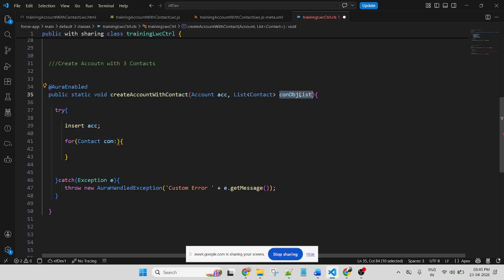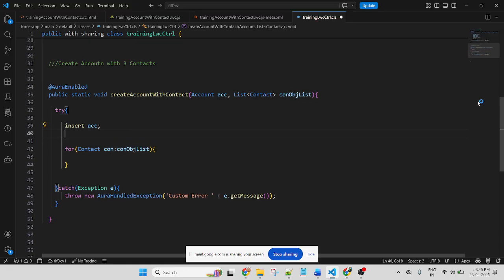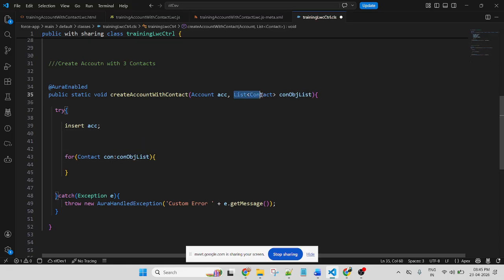Use a list of contact, create a new list of contact to add the values.